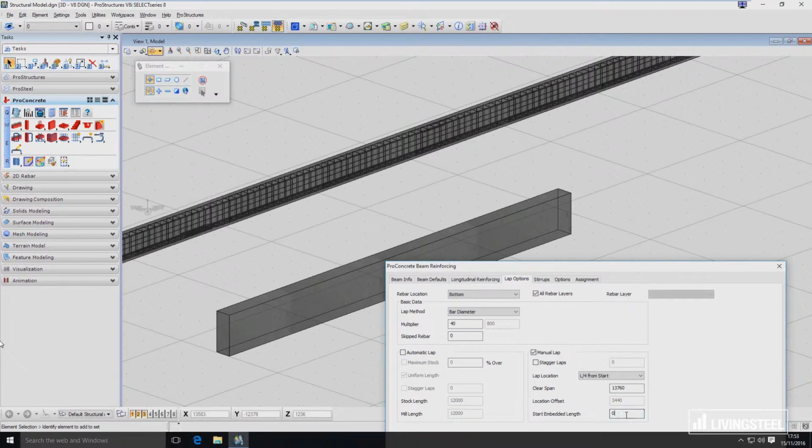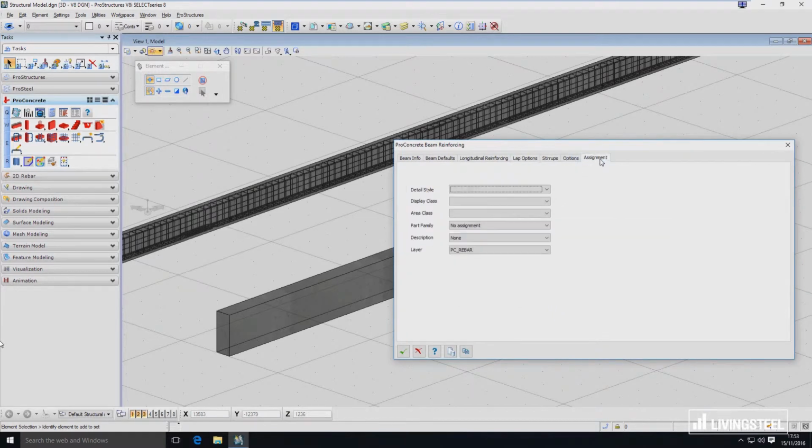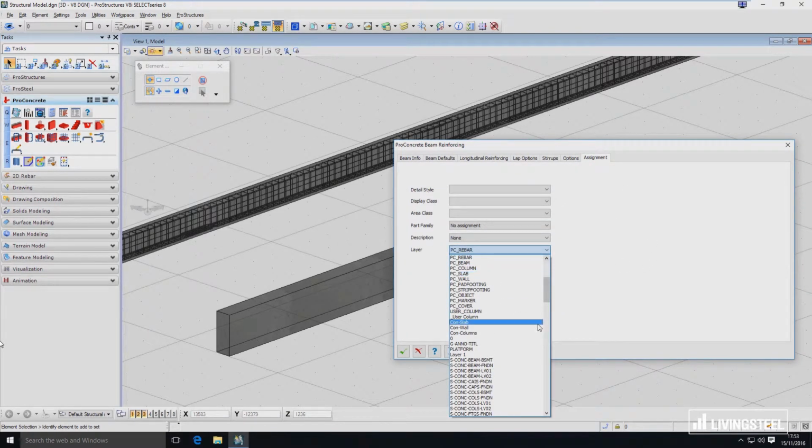I can override that and add additional values for length. And also I have different options here, like 1.5 of height of the beam from the start, from the end, quarter from start and end, and offsets from start and end of column edge. So these are my overlap possibilities. As with everything, I'm stressing that in assignment it's really important to assign a proper layer for your reinforcement, proper level. And please watch other videos when I describe best practices for concrete and rebar modeling and how important those